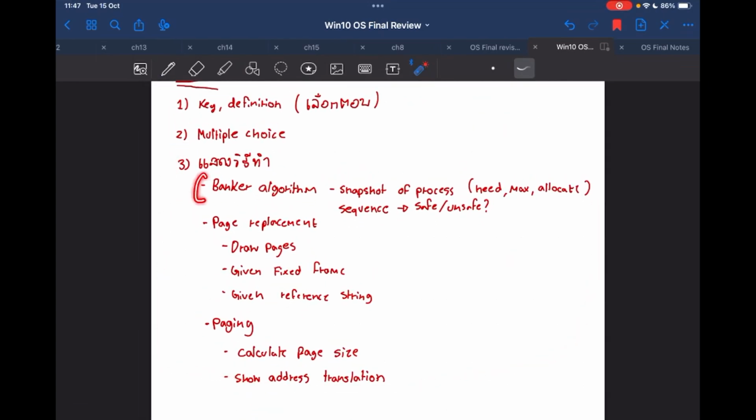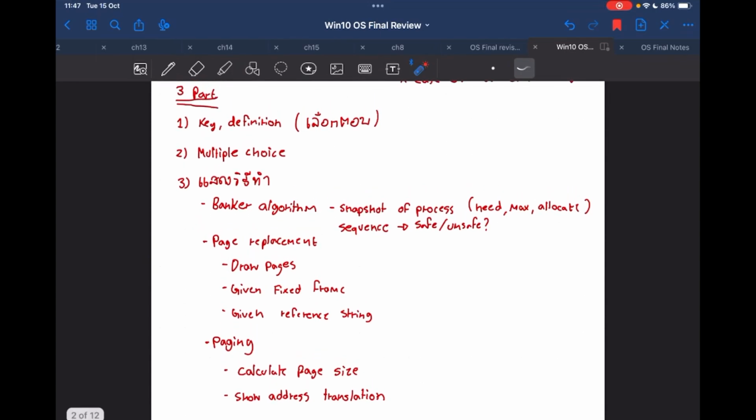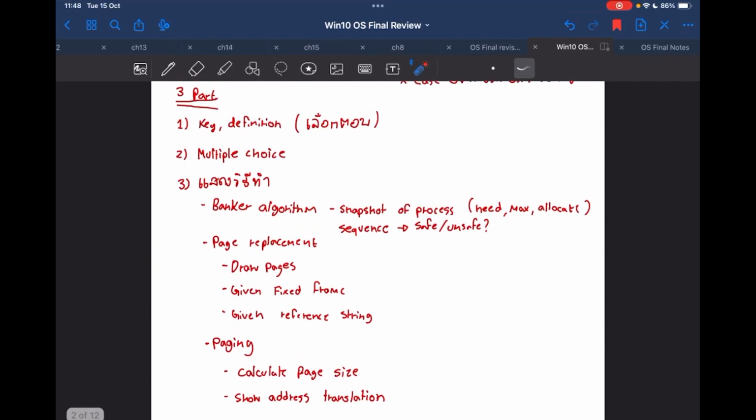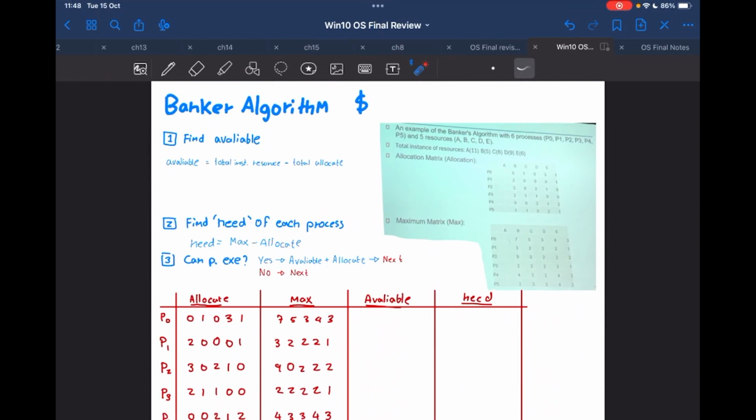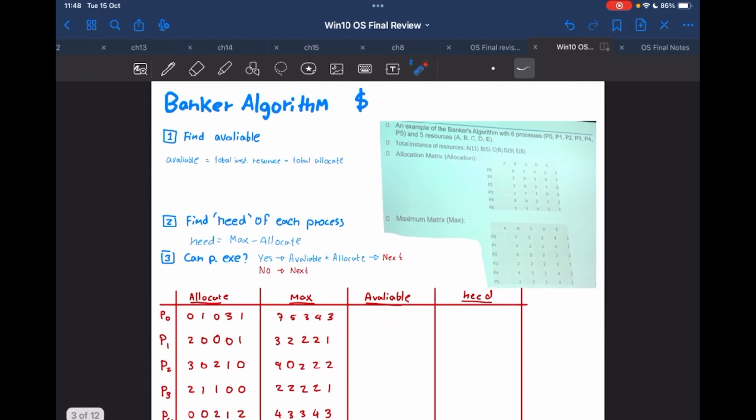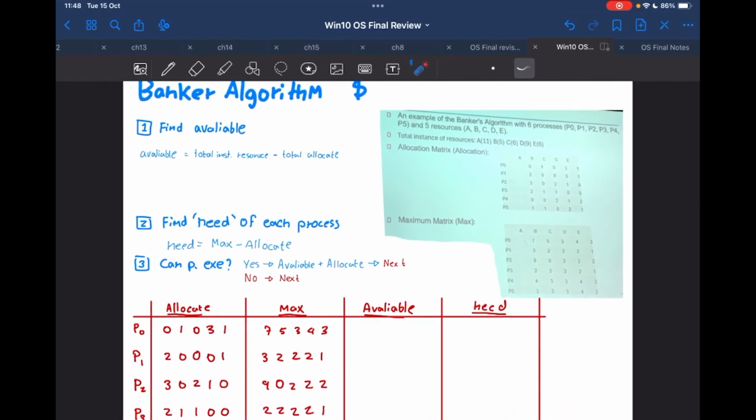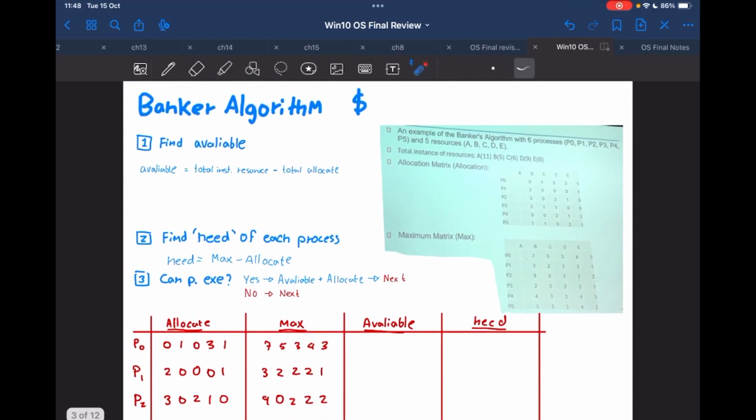The third one is like previous ones. There are 3 big questions: Banker's algorithm, page replacement, and paging. I'll cover all 3 of them at the beginning, and then we cover the other concepts roughly later after this. So if we look at Banker's algorithm, right, like last time we did, it has only 3 steps. The Banker's algorithm has to check first